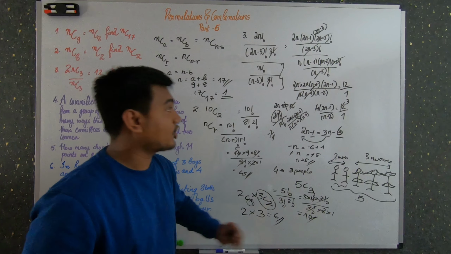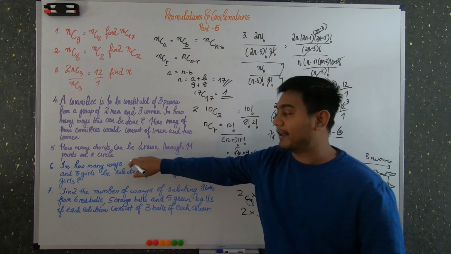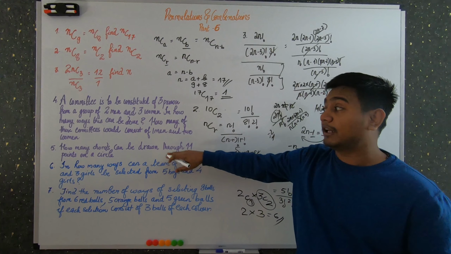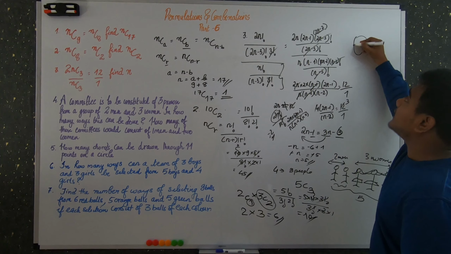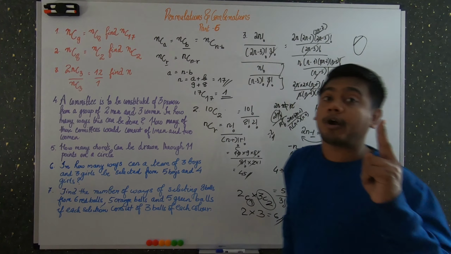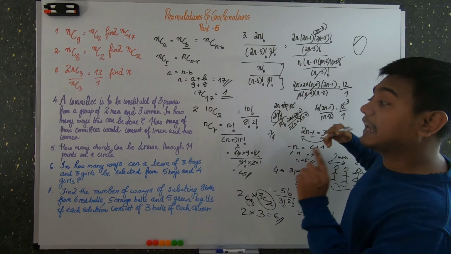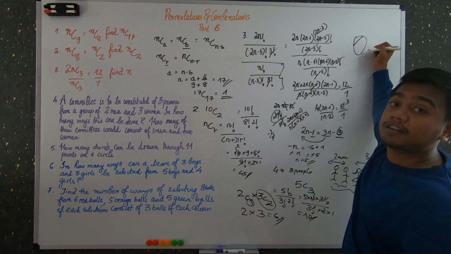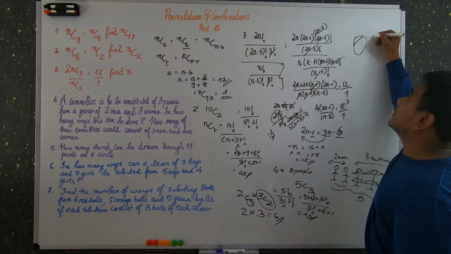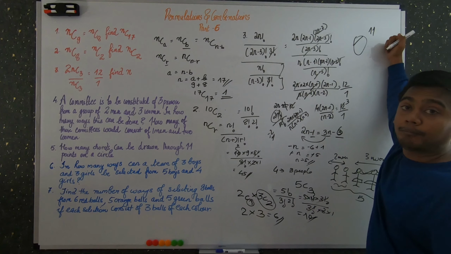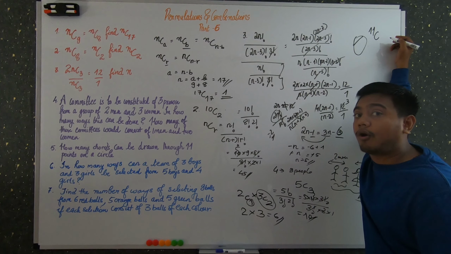So that's all for this section. And now let's discuss another interesting problem. The fifth problem is, how many chords can be drawn through 11 points in a circle. So what is a chord? A chord is like there are 2 points and you join them with a line. You need 2 points to draw a chord in a circle. And it is said, how many chords can be drawn through 11 points in a circle. So there are 11 points in this circle and how many chords can be formed. To have the possible number of combinations, 11 points are there, and out of this how many points do you need to draw a chord on a circle?